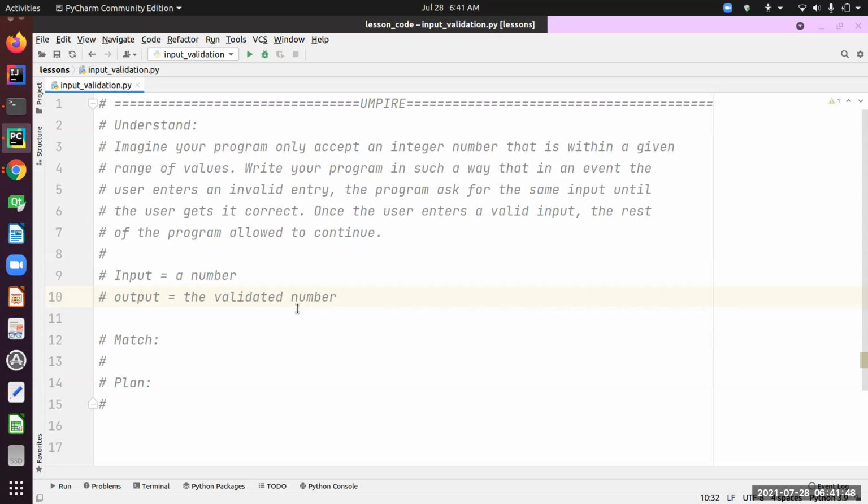Let's take a couple of example inputs. Say the input equals, let's say, code. This shouldn't work, right? So we need to ask again. Okay, so for the other example, let's say